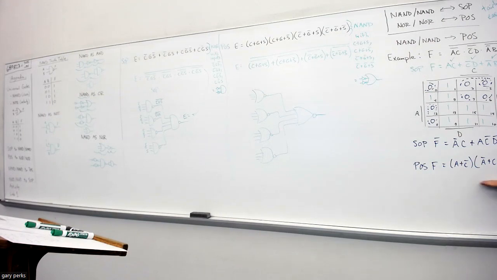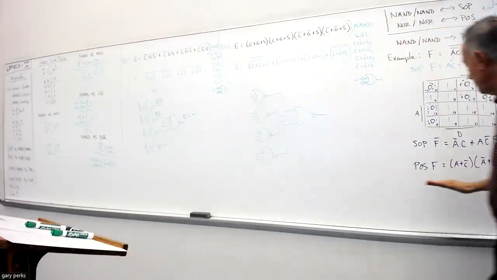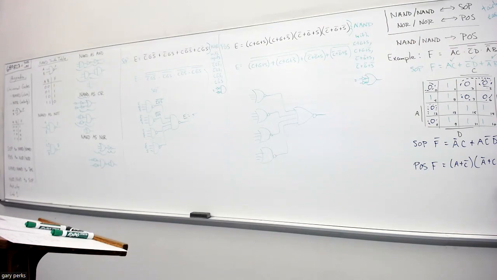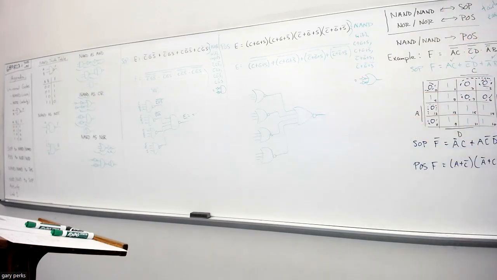And then likewise here, once you have POS, with 1 step, 1 De Morgan's, you can get NOR. So if we did 1 more step, it would be NAND to NOR. Okay, but the key point is, these back and forth are fairly easy. These you got to go